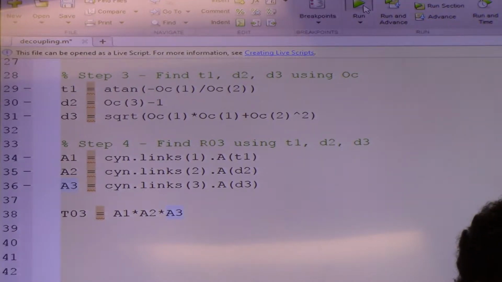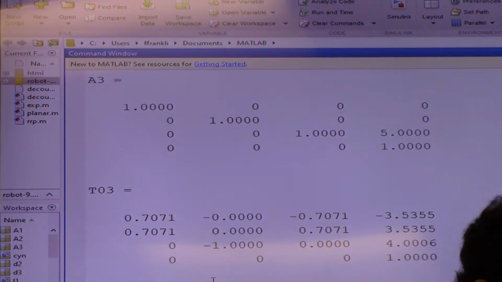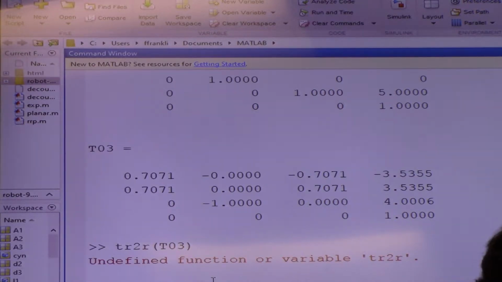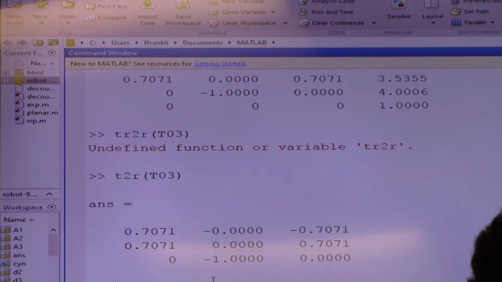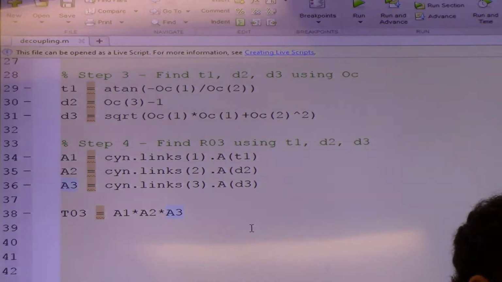I just need to check the command here. Give me 1 second. Okay, so transformation to a rotation matrix is T to R. So what I'm going to do is I'm going to say R03 is equal to